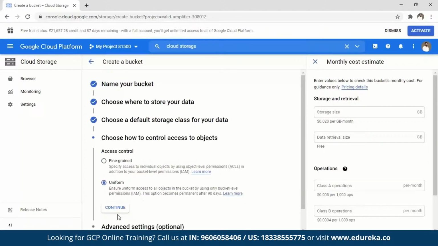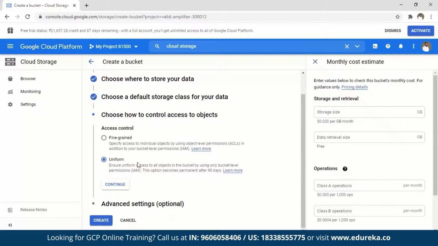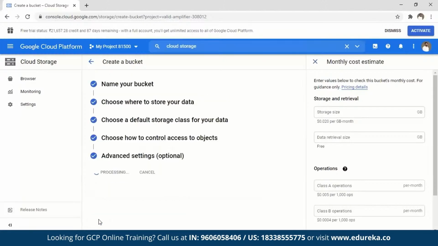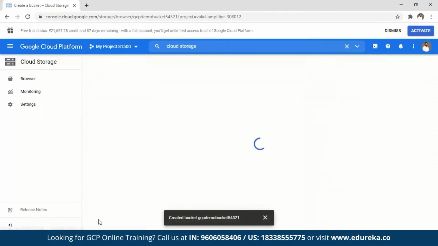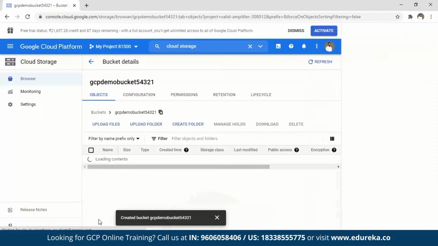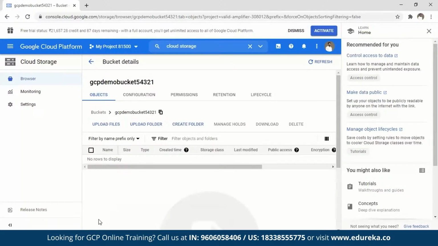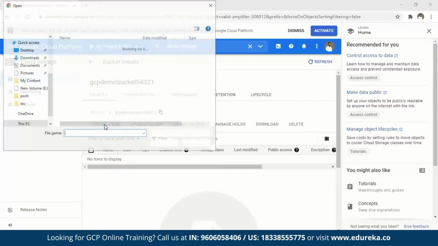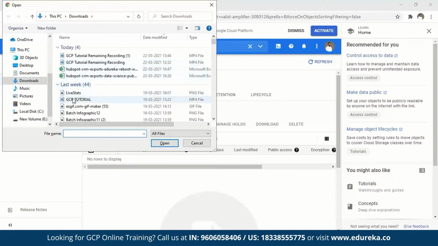Let's continue with the standard one because this is a very minor demo that we are creating. What kind of access you want, fine grained stuff, let's not get into details of that. It's not important. Let's just create a bucket. And just like that, I'm sure a bucket would be ready. You see, within a minute, not even a minute, within a click you have the bucket with you. It says upload file. I'm just going to go ahead and say live stats, and I'm going to open that bucket.